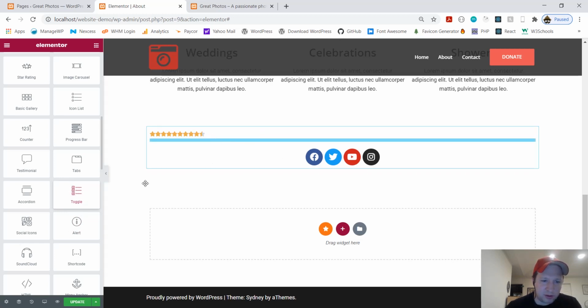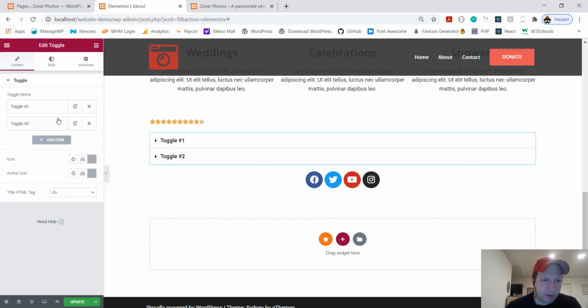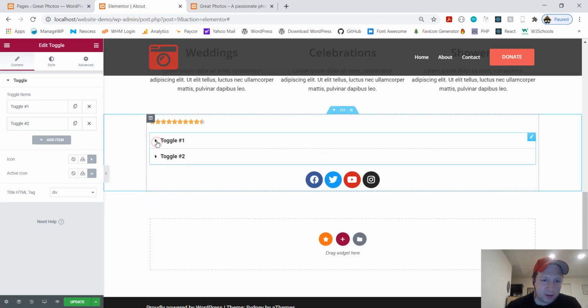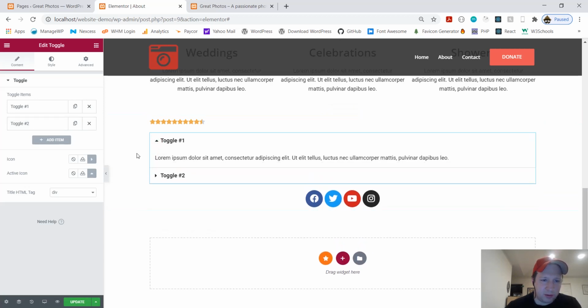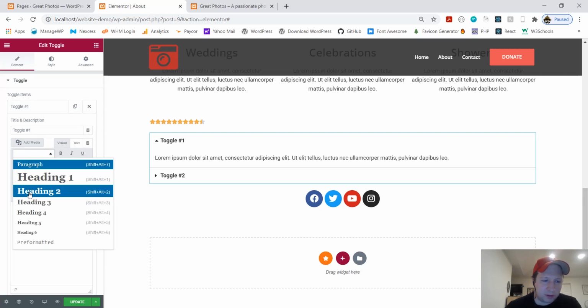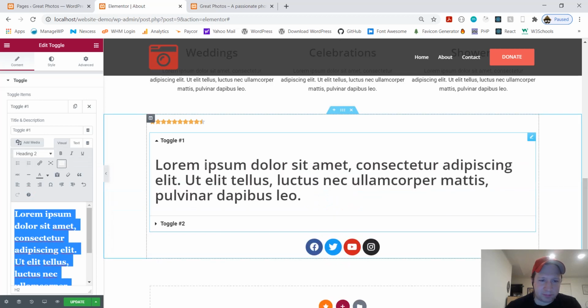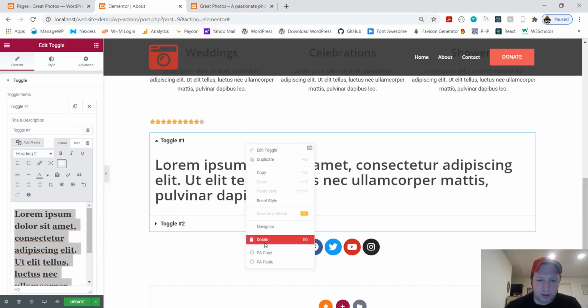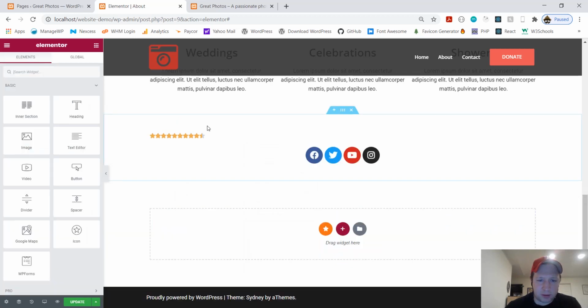Just play around with it. See? Toggle. If you want your information, you click on this, then you type in your info, and you can make it different, whatever. I'm going to delete that. I'm going to delete this as well.